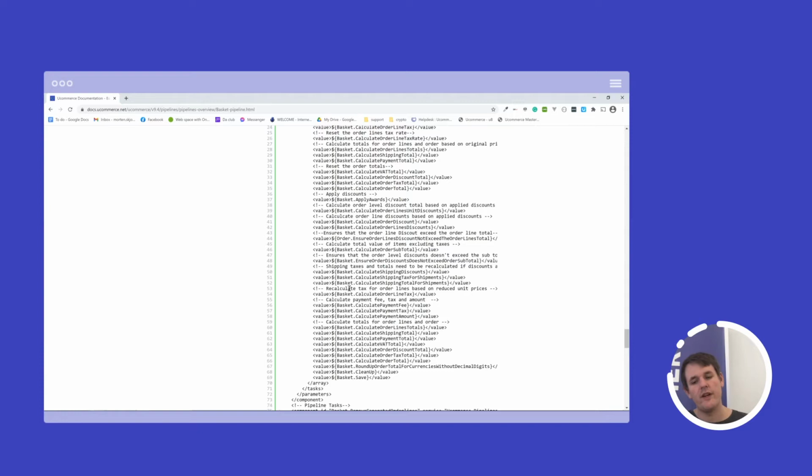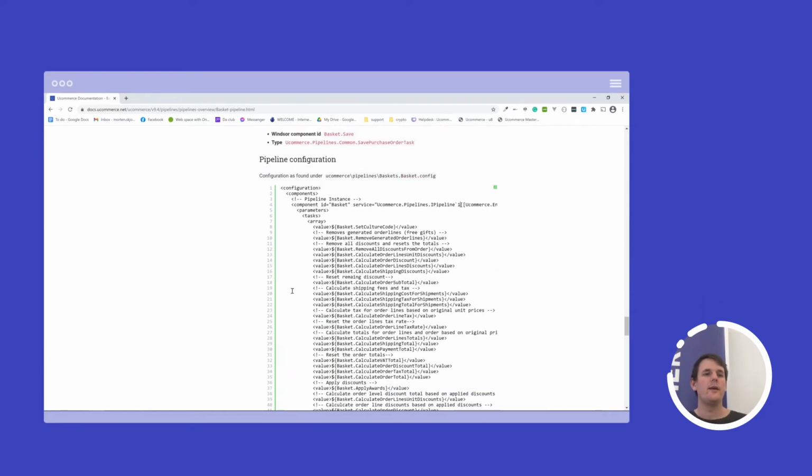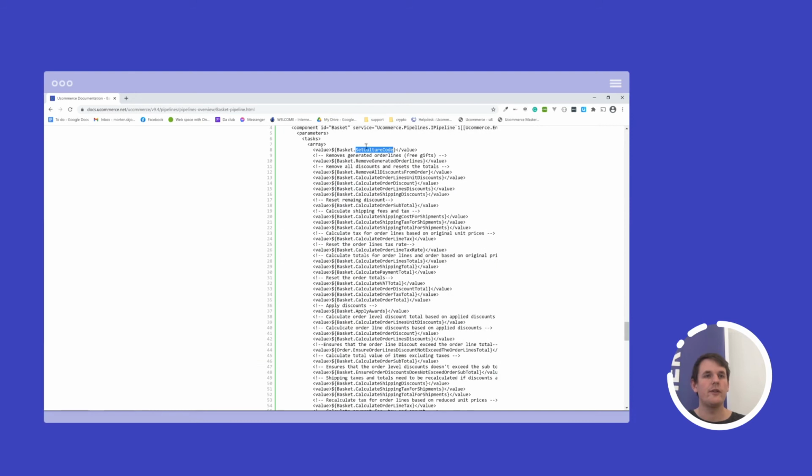So you control what's configured and what order and how, and you can also remove stuff and add stuff, and let's take a look at that a little later. But here you can see an overview about what it actually does. So it's a higher abstraction level rather than looking at code. And what we can see is that, for example, here, the first task, they are run in sequential order. So first this one, then this one, then this one, then this one, and so on and so forth, all the way down through. And you can actually see on each of the tasks what it does with a description for it.